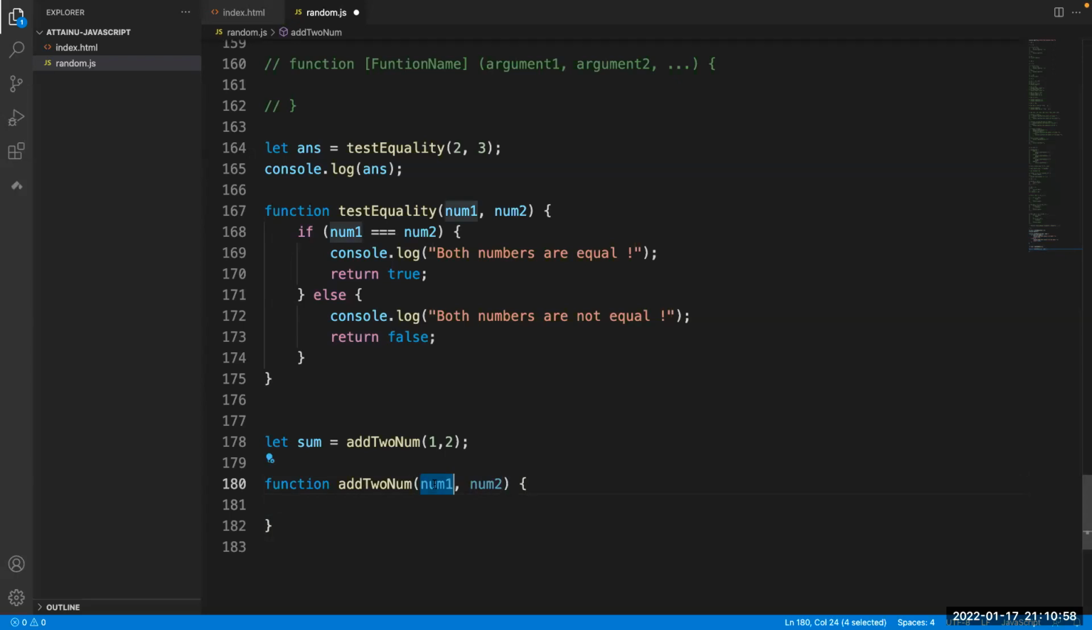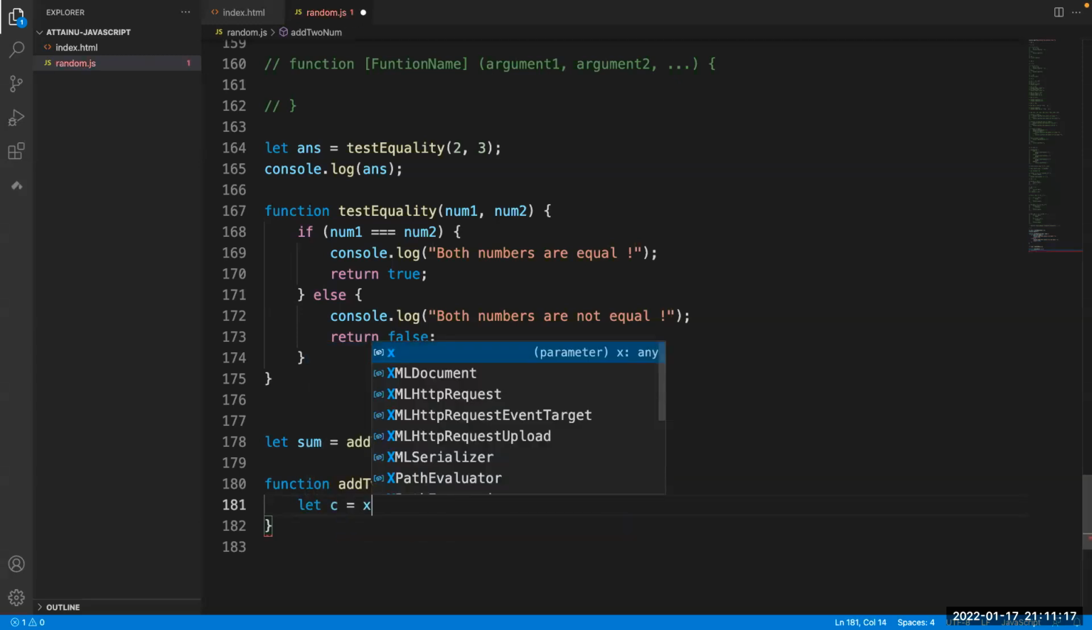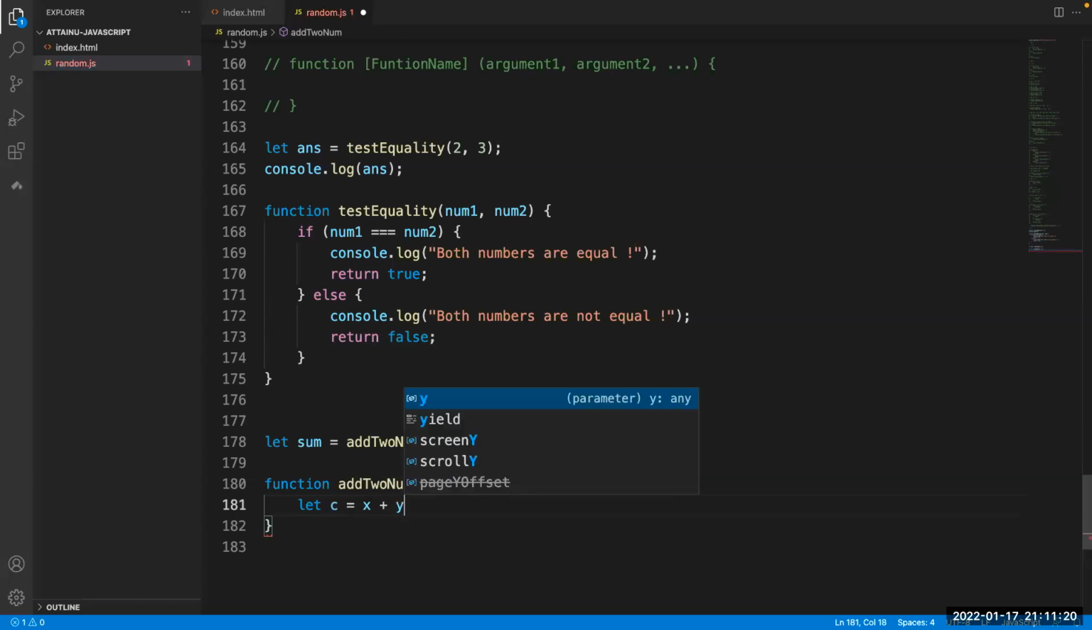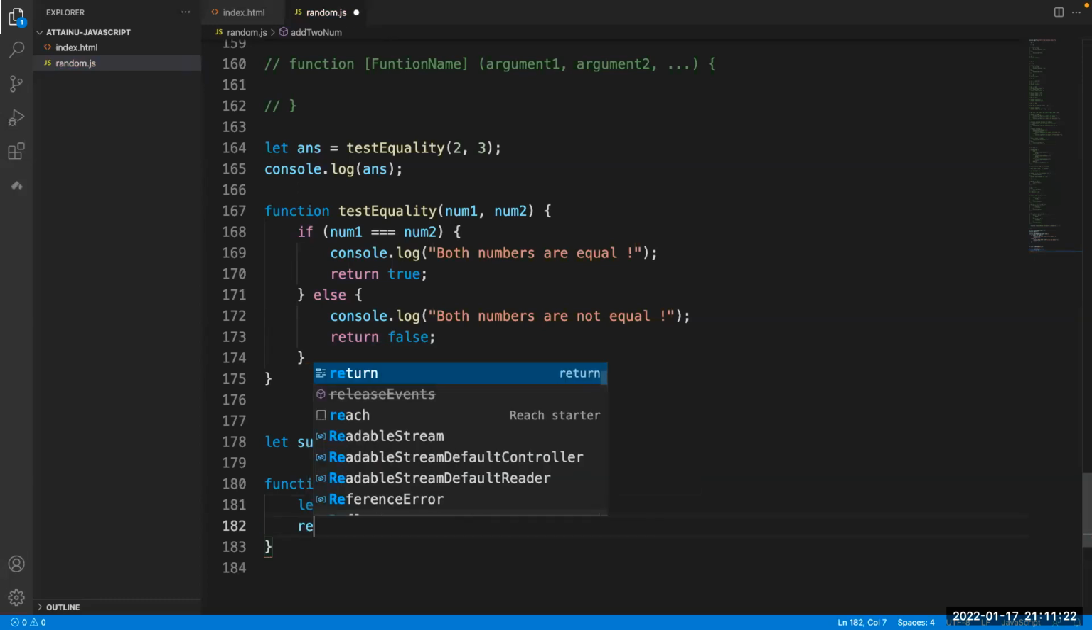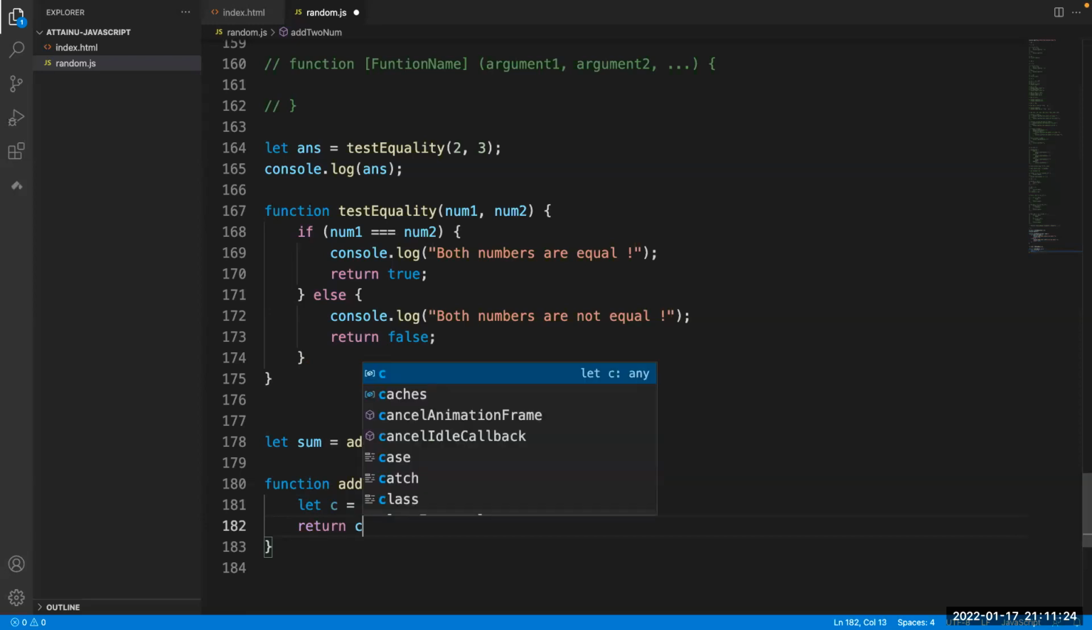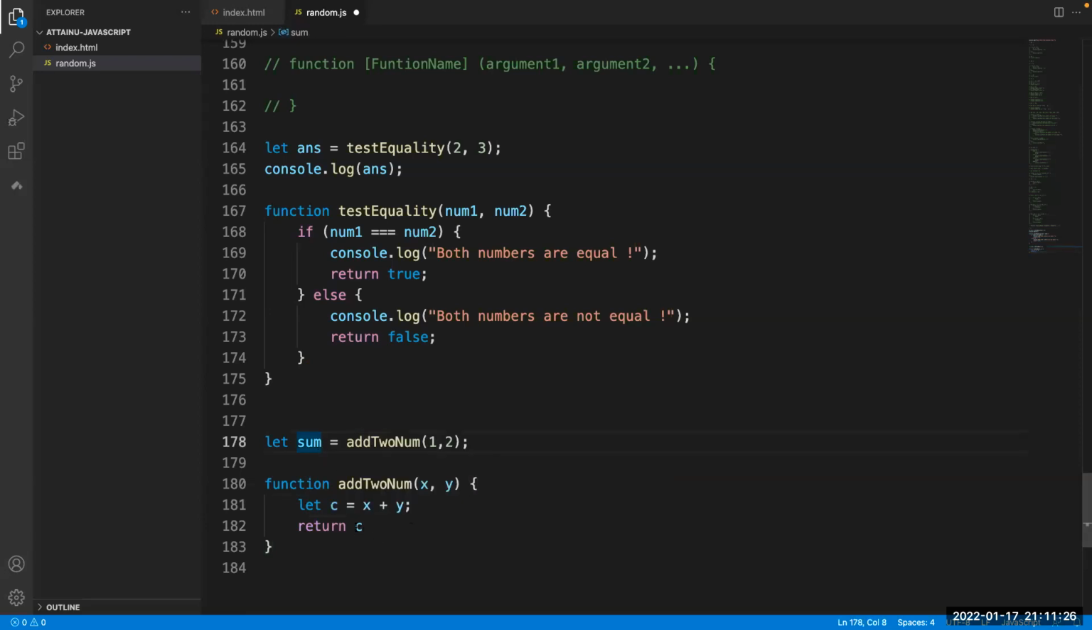So here I can give any value, not only num1, num2, I can give x and y also. I can give any values. So whatever value here we are giving, that is the variable that we need to use inside. Then I need to return the sum of these two values. So let's say, let c is equal to x plus y. And I'll return the c, and this c will be getting stored in this particular